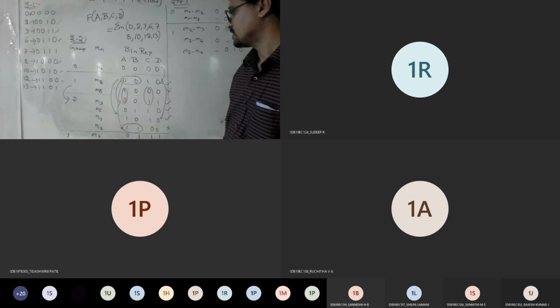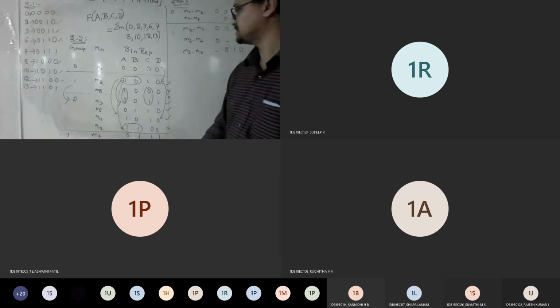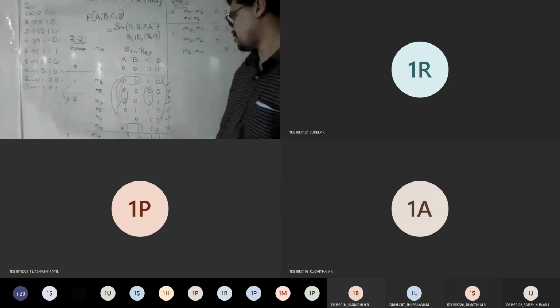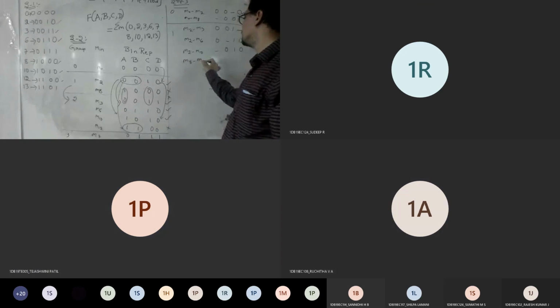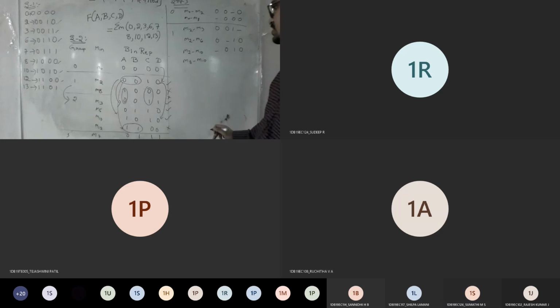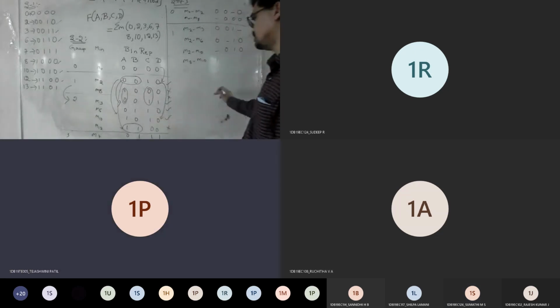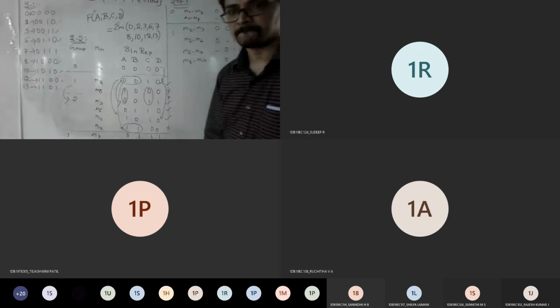Next. M8 M6 possible? No, sir. So 1 0 1 0 gone there only. Next. M8 M10 is possible? Yes, sir. M8 M10 is possible. So 0 1 is change. 1 1 is 1 only. Then 0 0, 0 1 change is there. So 0 dash 0. Correct? Is it fine? Yes, sir.